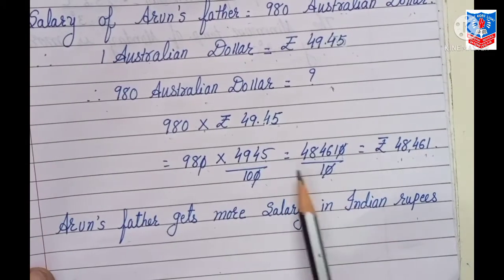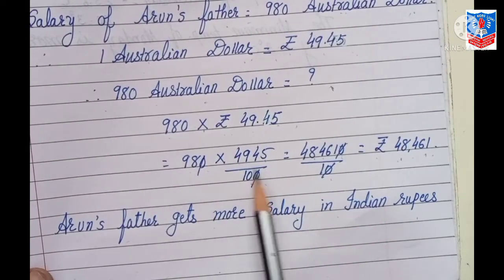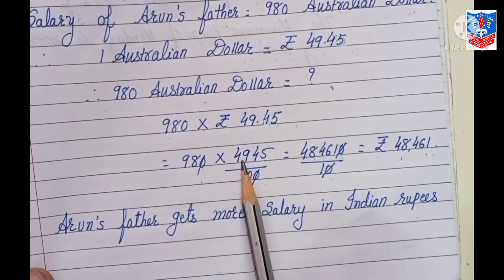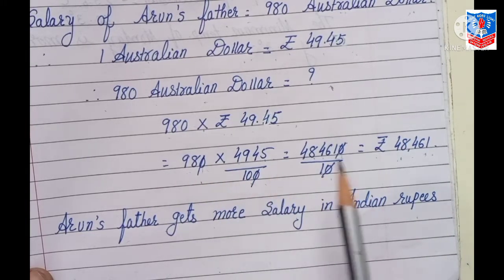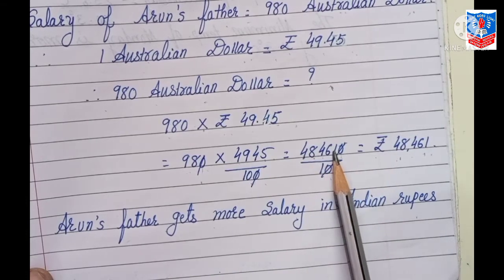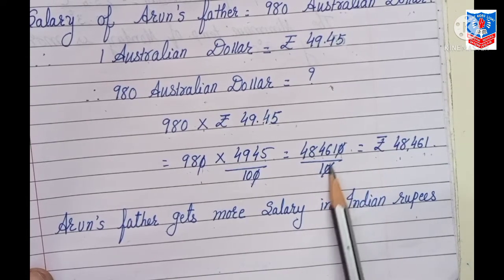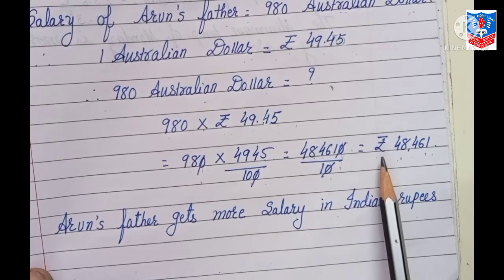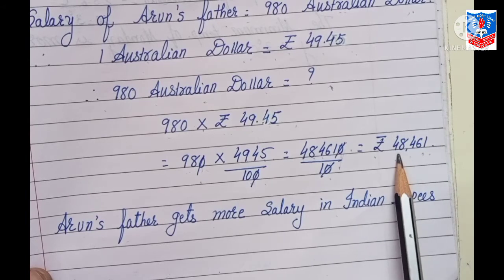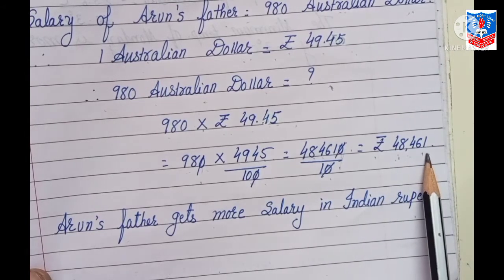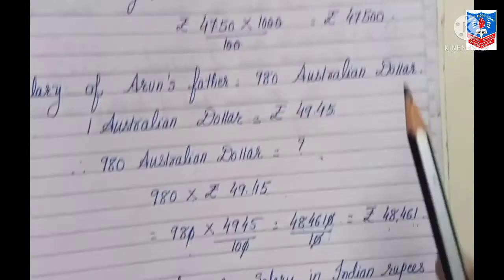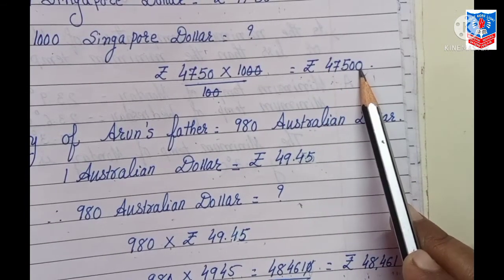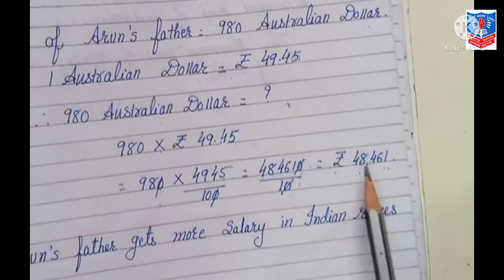While doing this, see 100, this 00 cut. When you multiply 98 with 4945, you will get 484610. Divide by 10, 0 cut. So the salary of Arun's father in Indian rupees is 48,461. Now see, the salary of Prinu's father in Indian rupees is 47,500 and the salary of Arun's father is